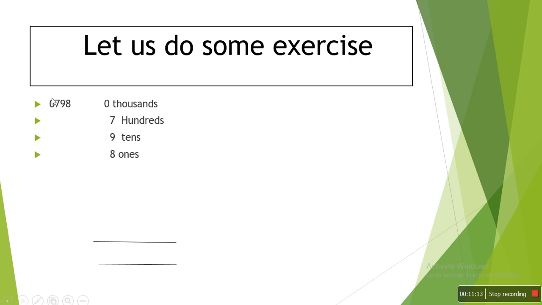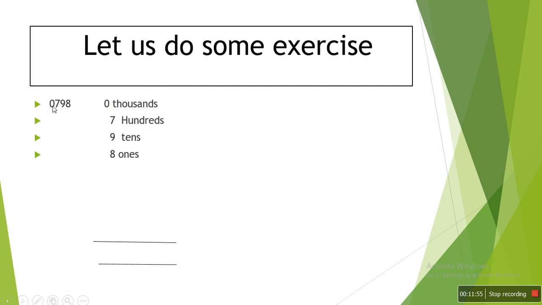So this is another example. 798. Then you will say, what is the value of 0? We all know that if 0 is over here, there is no value of 0. That's why we will say only 798. So for our understanding, because we are expanding the numbers, we have to write the place value of 0. Otherwise we don't write it. Normally we say that we don't need to write it, but because we are expanding the numbers, and every number has its value, that's why we have to write every number.